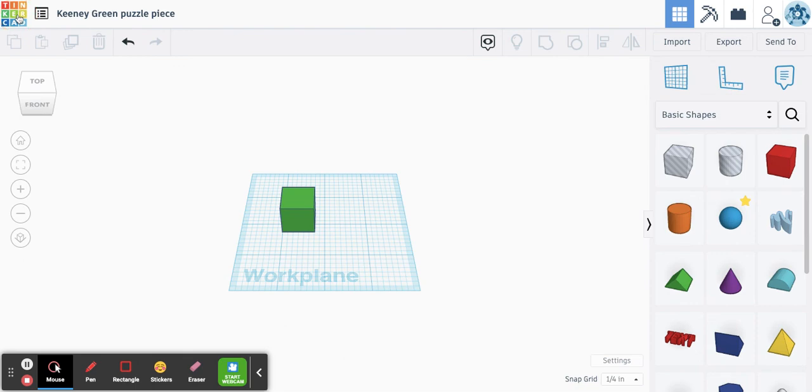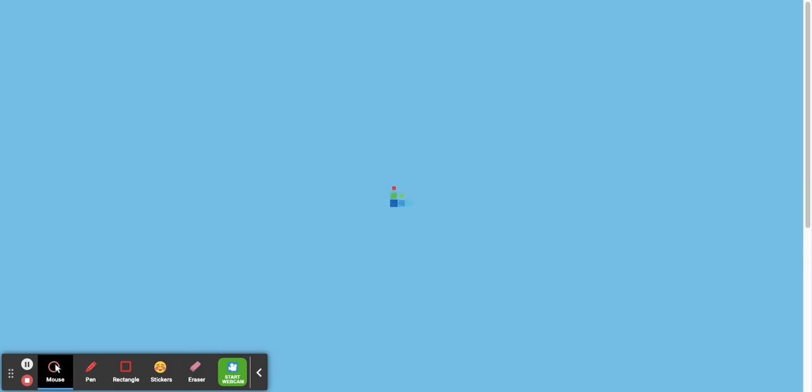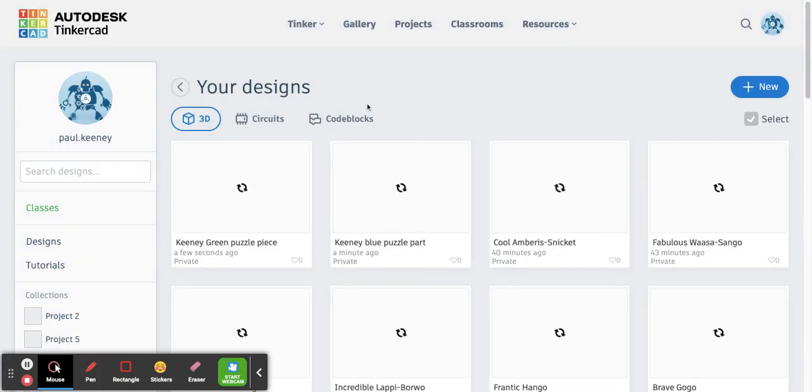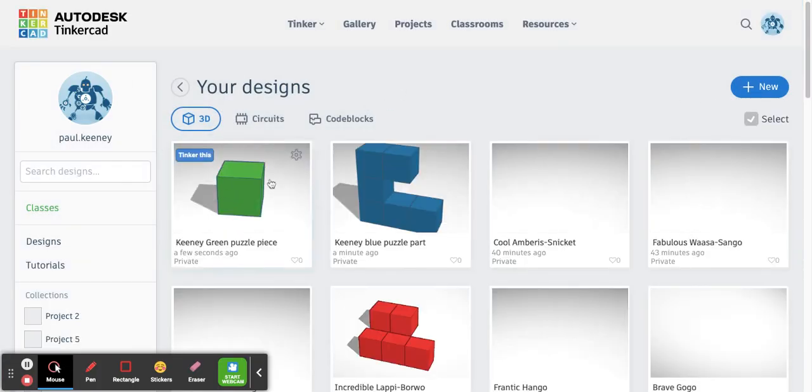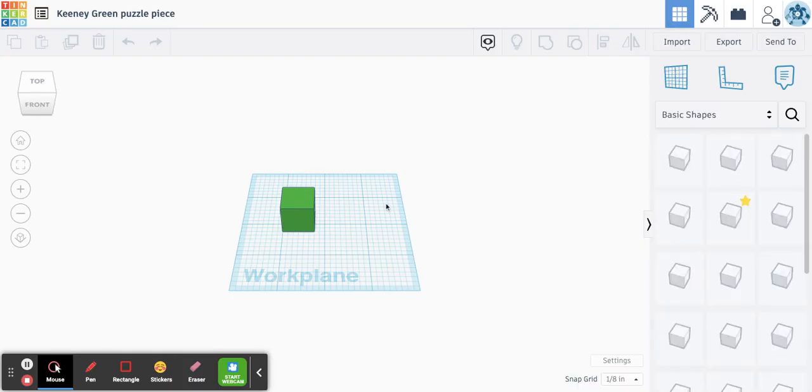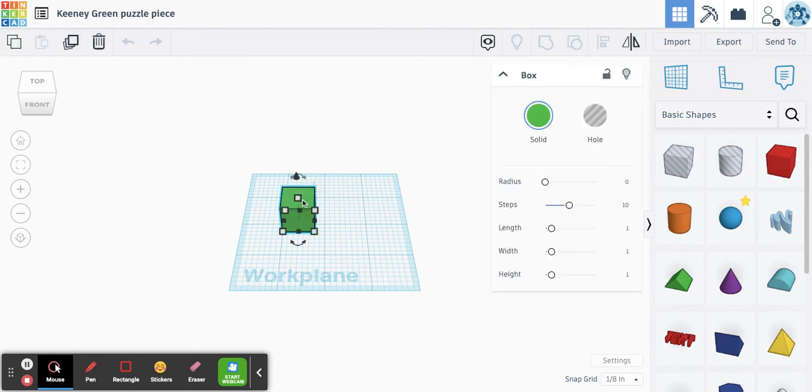If you're partway done with a design and you need to edit it later, all you're going to do is, once you log in, find that piece that you need to change, and click Tinker This. And when you click Tinker This, it'll open up that same design that you started, and then you can continue,